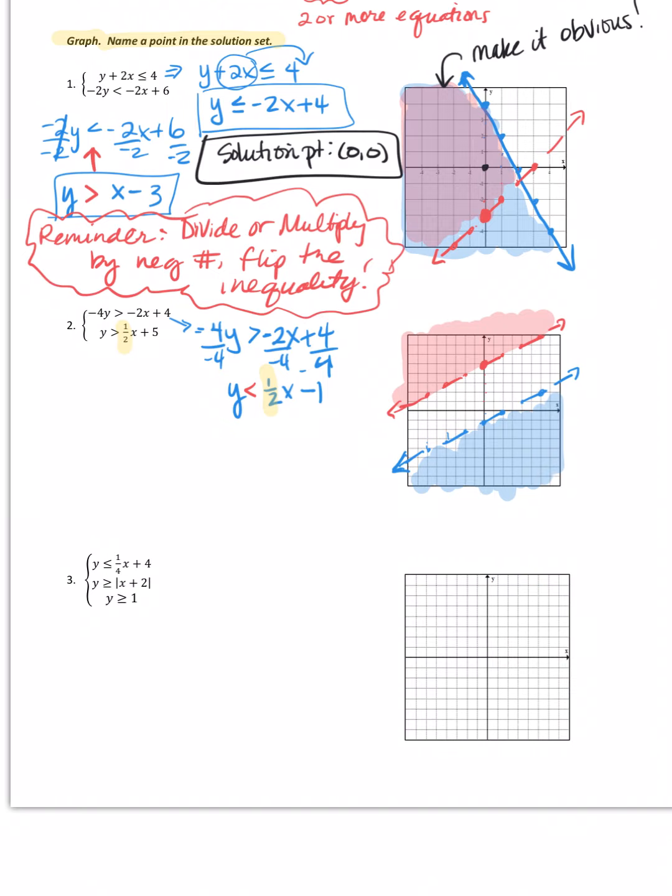All right, let's try this last one. This is really what we're getting after because we're going to do some absolute values in here and see if we can find a solution for this system. Okay, so let's look at our equations. Thankfully, they are already set up for us in the correct format, so we don't have to do any rearranging, but let's graph these. All right, first equation has a y-intercept of 4,